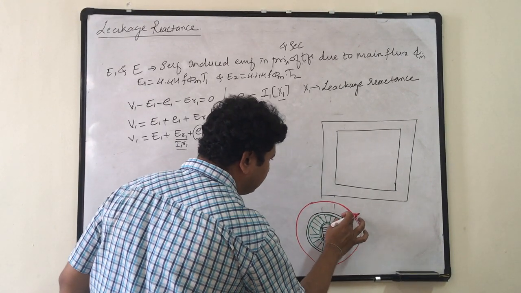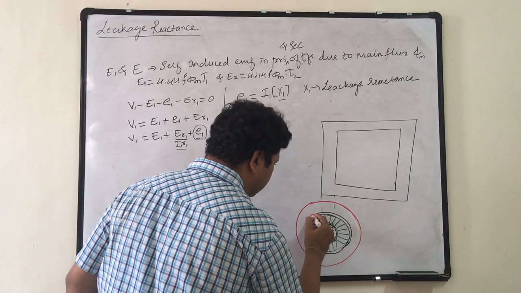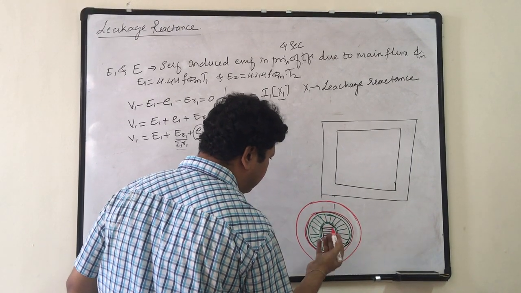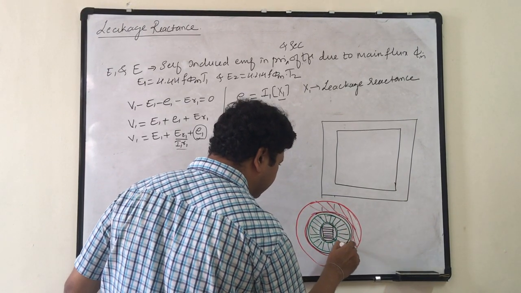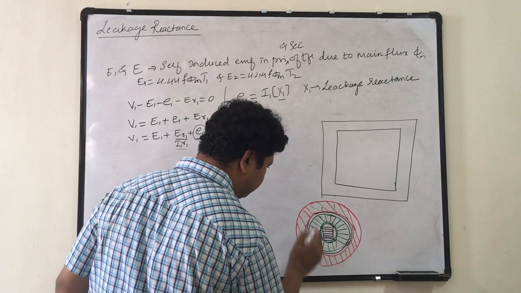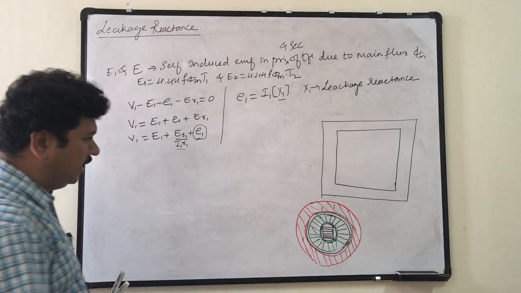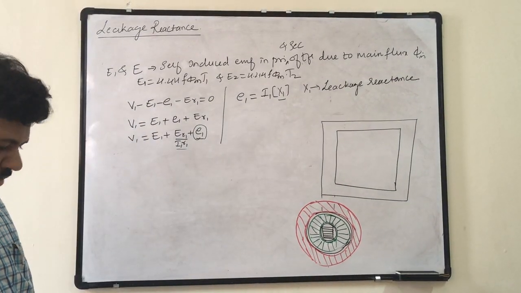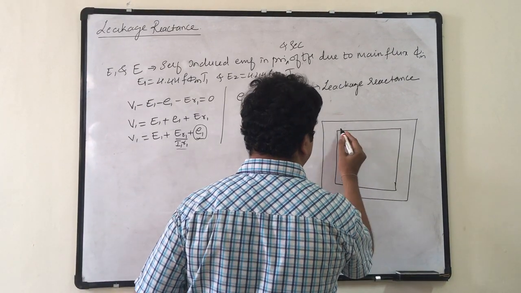And then I will keep the layer of secondary winding. This is how exactly the transformers are wound. Okay. This is the outer turn, this is the inner turn. Let us take this with hashed lines, just to differentiate between primary and secondary. Now this is the top view of the winding. Now if I cut the transformer along the height of the transformer, what I get is the circumcircle.